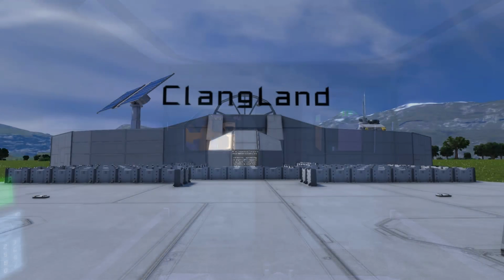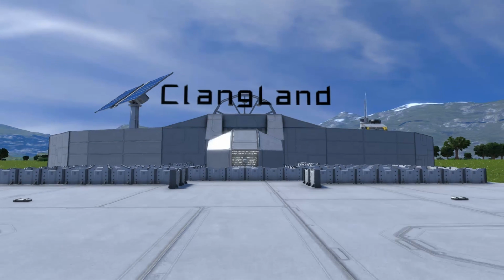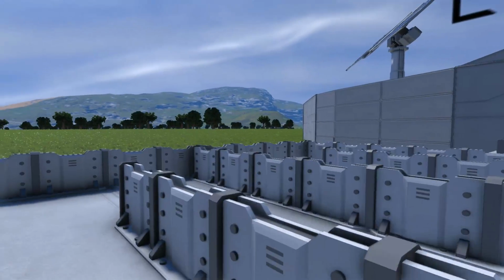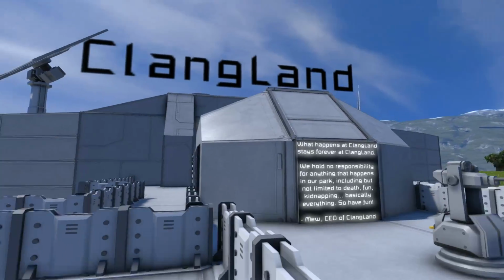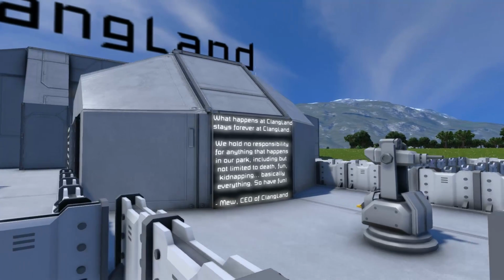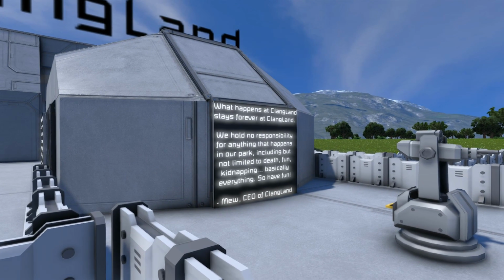to the last one. Alrighty, and last but not least, we have ClangLand, which is an amusement park set up for all of you engineers out there who have had your experiences ruined by clanging. You know, when a piston decides to break, or a rotor malfunctions, and things spin, break, explode, go flying out of control, those types of things. What happens at ClangLand stays forever at ClangLand. We hold no responsibility for anything that happens in our park, including but not limited to death, fun, kidnapping, basically